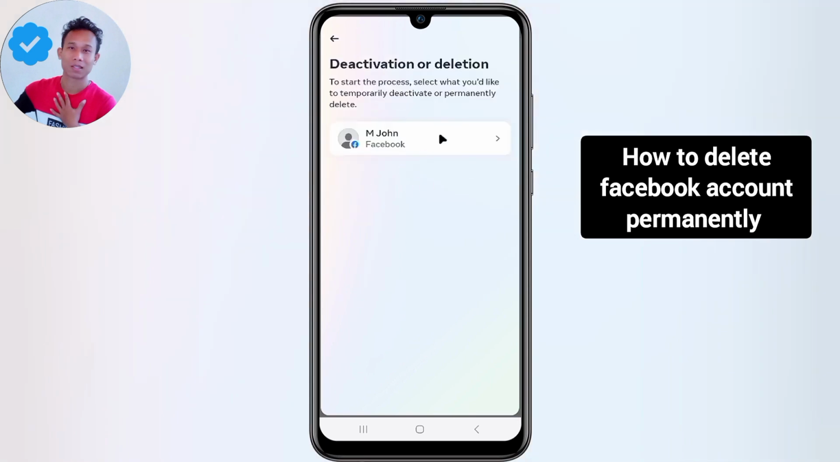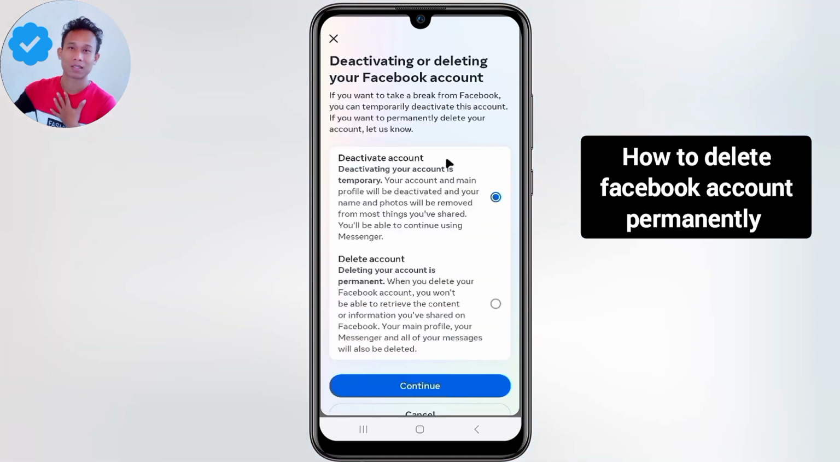Again, you will see your Facebook account name. Just click there. Finally, you will get this page. If you select deactivate account and then click on continue, your account won't be deleted. Rather, it will be hidden from Facebook for a few days. And later, if you want to use the same account, then you can do it too just by entering your user ID and password. But if you want to permanently delete your Facebook account, select delete account and now click